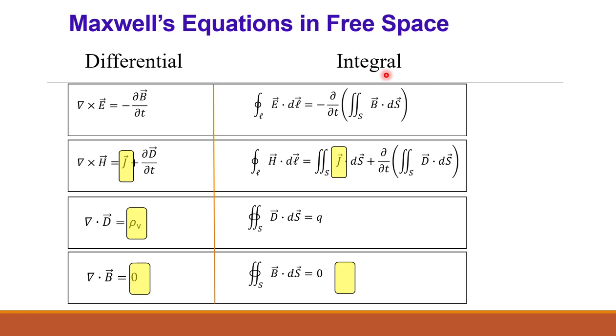If the media is free space, then J, that is current density, is also 0, because in free space there is no media, no current or no charge present. So we consider J, that is current density, 0, and also we consider volume charge density rho v is also 0. So wherever there is a J or a rho v, or a Q, we will replace all the quantities here by a dot sign. So also we are going to replace all these things by dot sign.